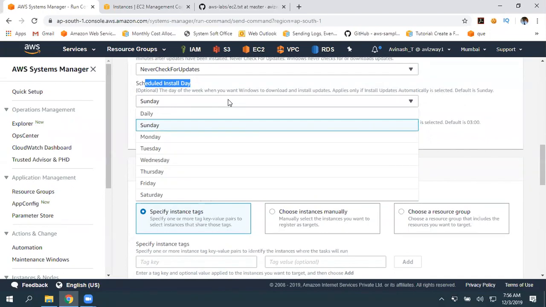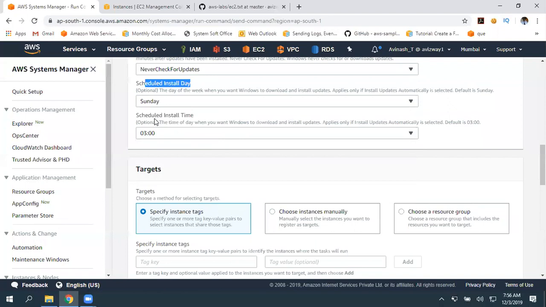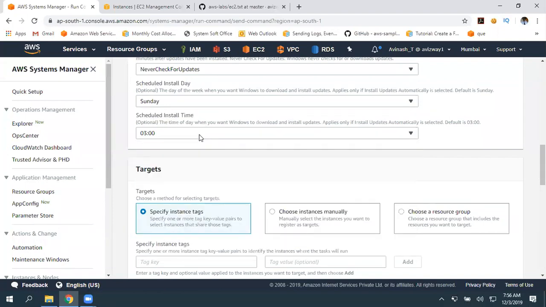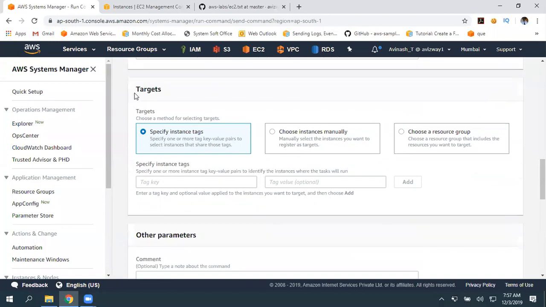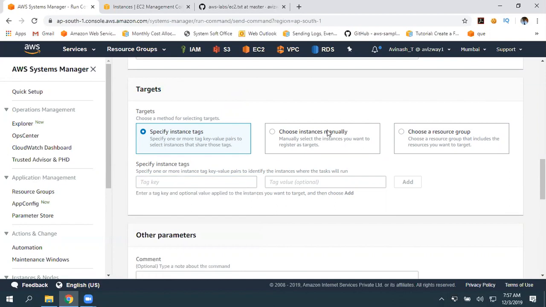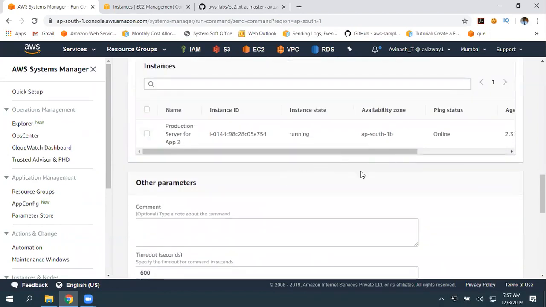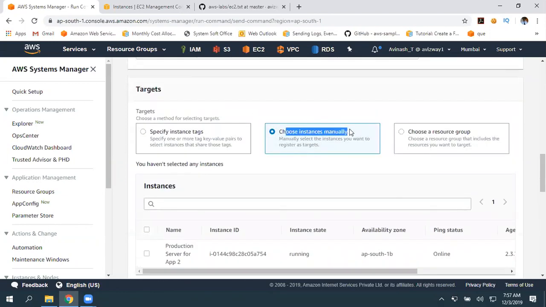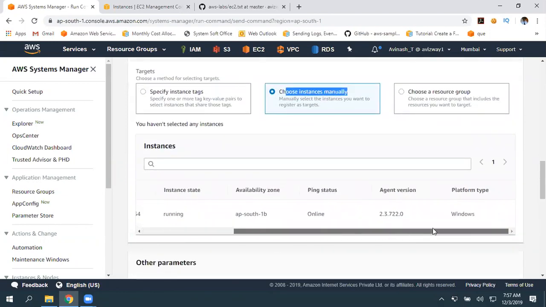So daily, or let's take Sunday, and the schedule install time is 3 AM. Again, what are your targets? You can specify instances by using tags or choose instances manually. See, I have two instances, right? But when I selected choose instances manually, it is showing only one.